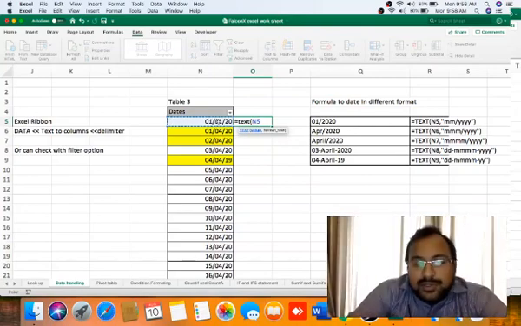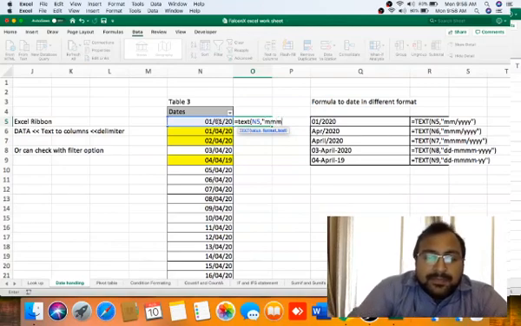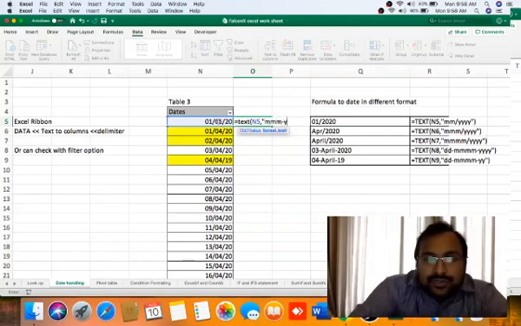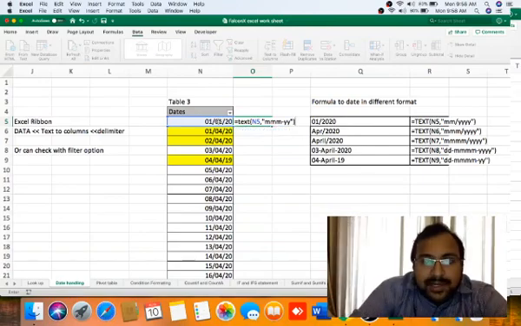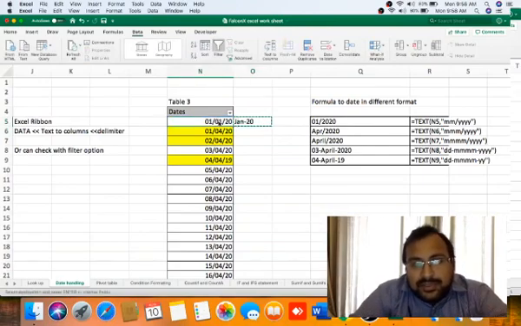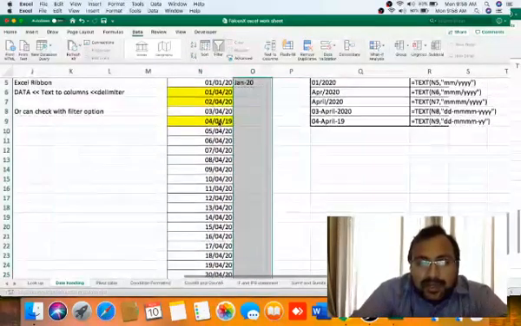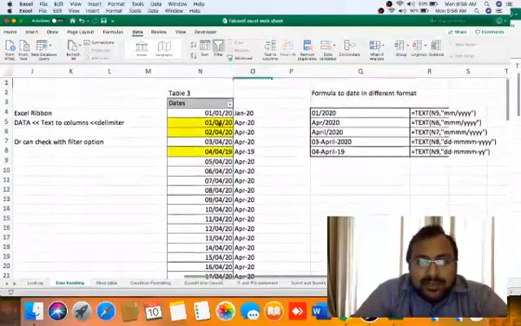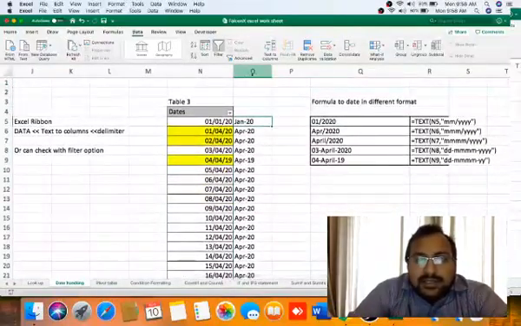So the first argument is over. Now comma. Second, in which format you want. I need mmm-yy, bracket close. Here as you can see we got the answer and copy pasted the formula. This way you can easily get the month.